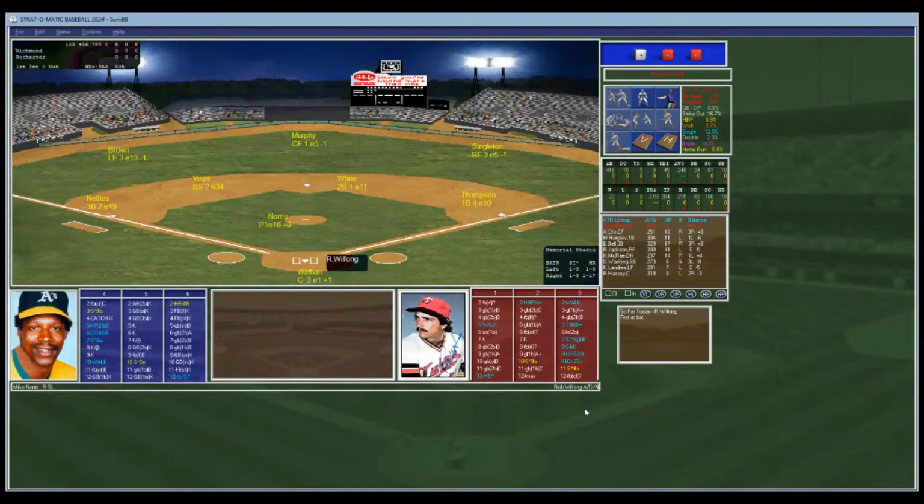So leading off will be Rod Wilfong. Wilfong again played for the Minnesota Twins. On the mound is Norris. We talked about him. He's 22-9, 2.53 ERA. He was a 5L. The card is absolutely stupendous versus lefties. Very tough to hit. Righties, he can get smacked around. So if you can match your lineup, put some righties in on him, you can hit. But this team of Richmond has one, two, three, four, five, six possibly lefties.